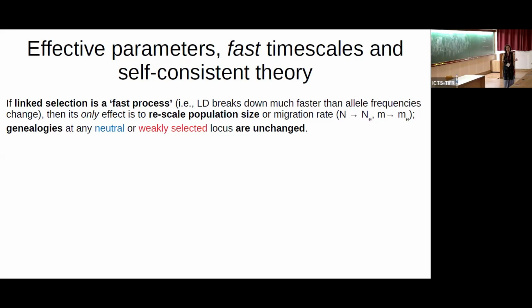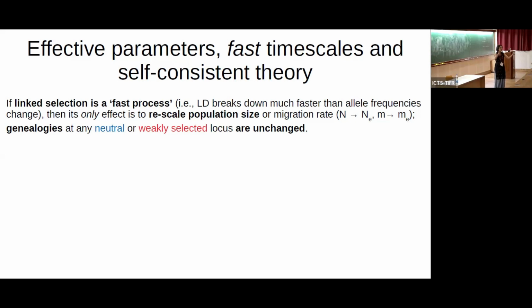So this is really at the heart of this kind of self-consistent theory: if linked selection is a fast process, that is, associations break down much faster than allele frequencies change, then its only effect is to rescale population size or migration rate. If I'm thinking about fitness variation within a population, then it rescales effective population size. If I'm thinking of fitness differences between two highly diverged populations, then I'm thinking of rescaling of effective migration rate. And when this happens, effective parameters are especially meaningful because you still have the same